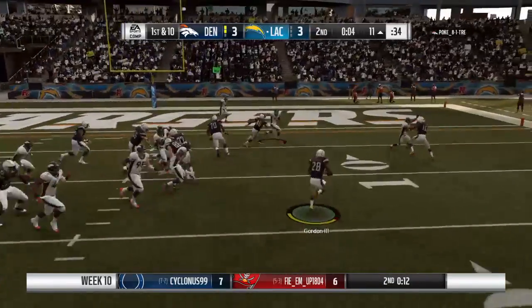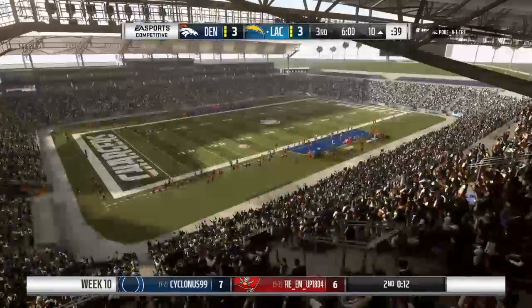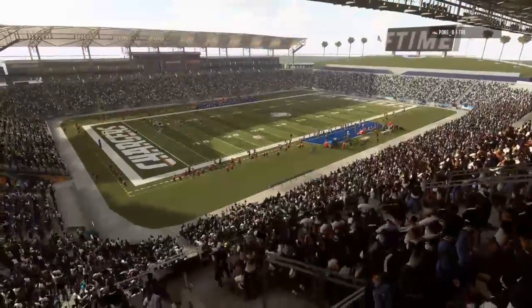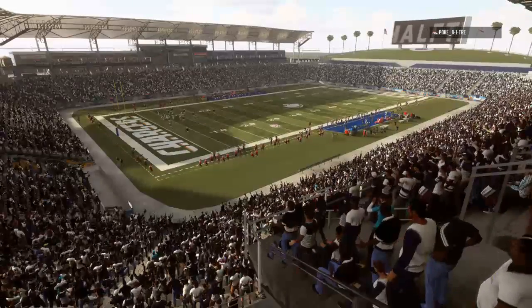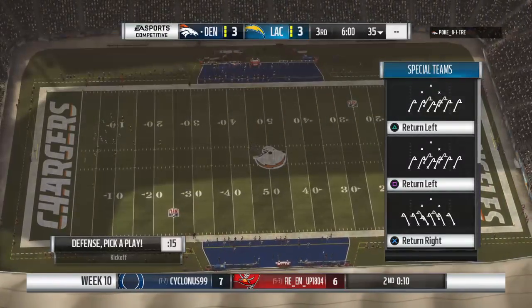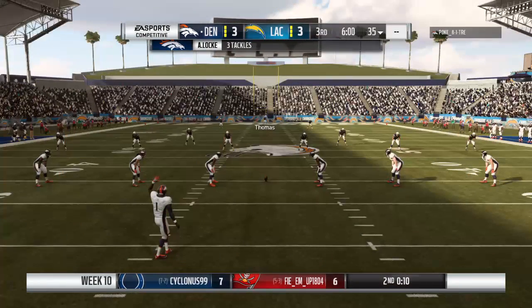Now Gordon on 1st down. And he'll get this one down to about the 10-yard line. So we've reached halftime in a low-scoring affair, just a pair of field goals. 3-3 is our score. As we send you to Orlando to check in with Jonathan Coachman at our EA Sports